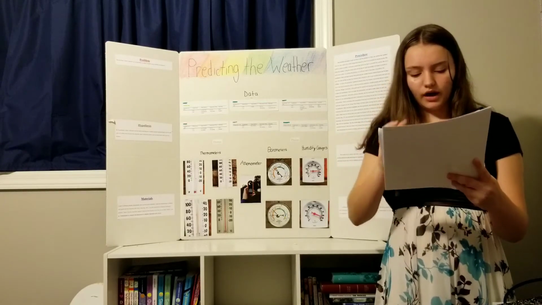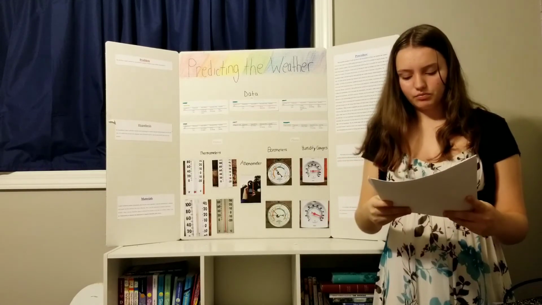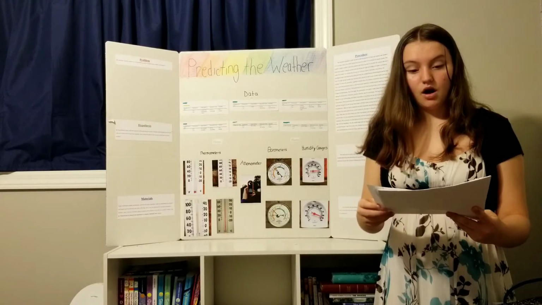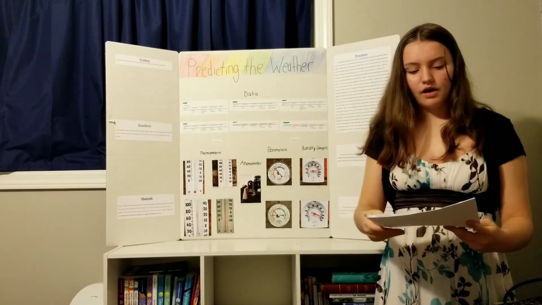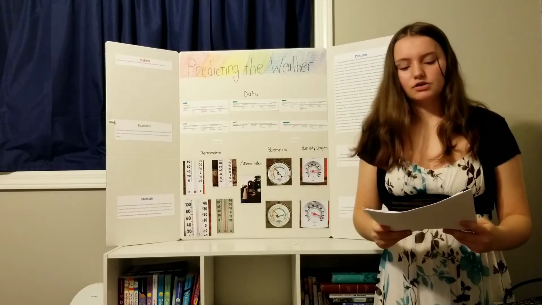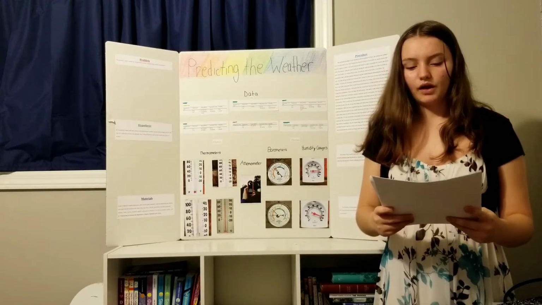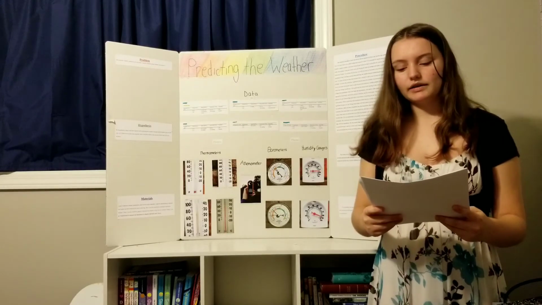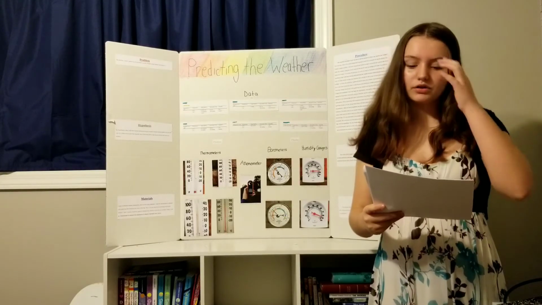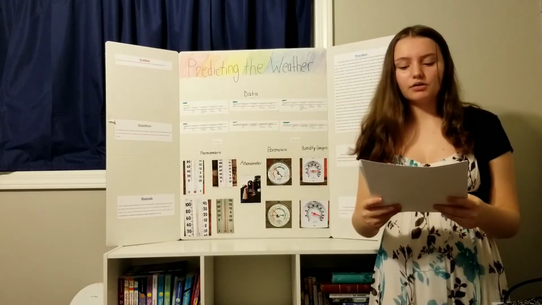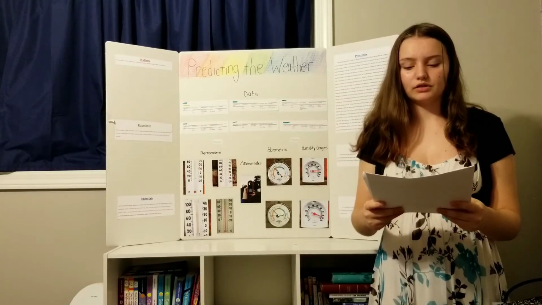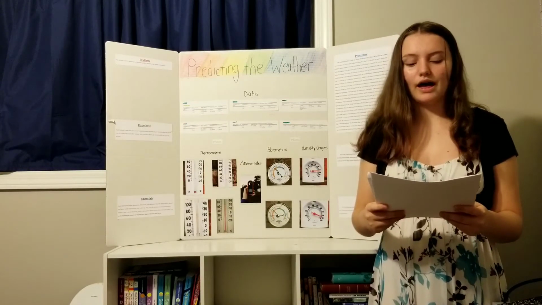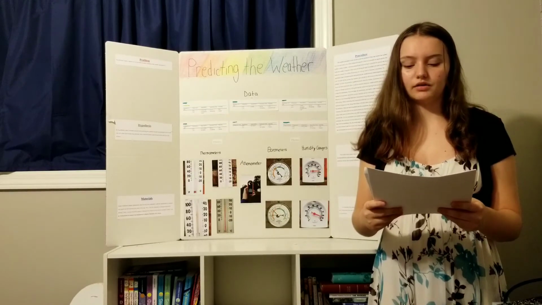To move forward, I've stated the materials I used, which were the thermometer, barometer, anemometer, and humidity gauge. I also stated my problem, hypothesis, and the scientific method. The results of my project were that I discovered how I could predict the weather successfully, creating accurate predictions and answering my hypothesis. Each weather instrument I used was important to my prediction because they all have certain jobs that are necessary to make your assumption.